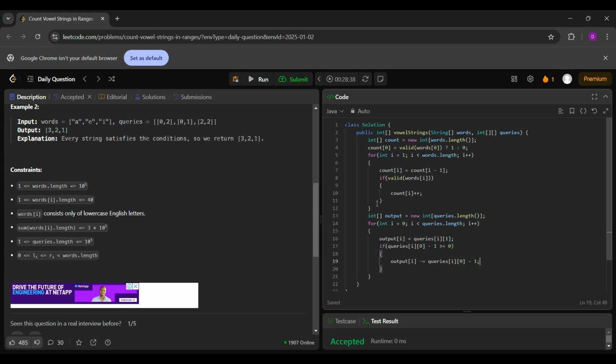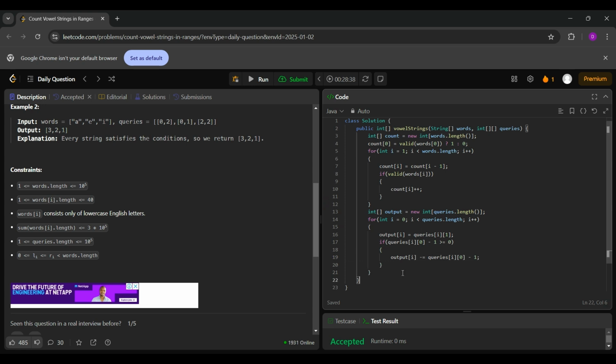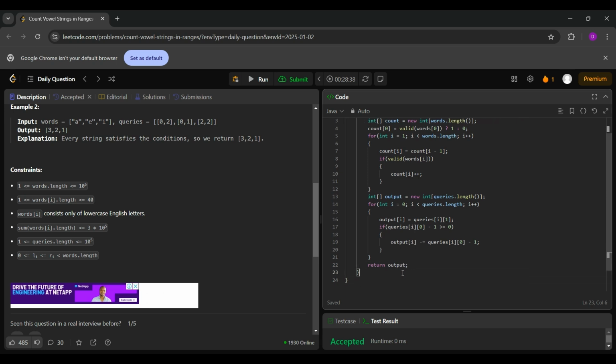So if queries of i 0 minus 1 is less than 0, right, then we will not be subtracting anything from it. Okay, and now comes the final step, we will just return the output array, and we have to complete the method as well,